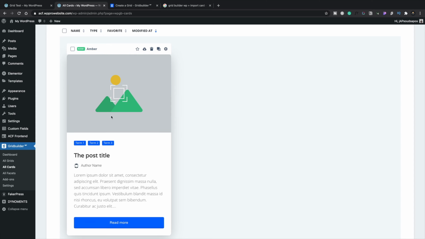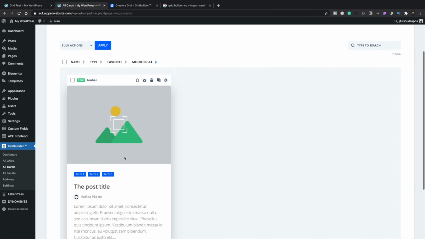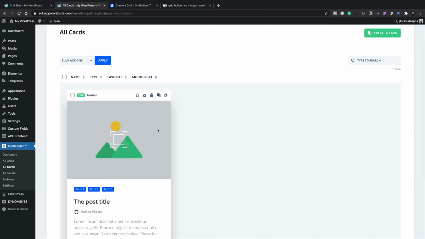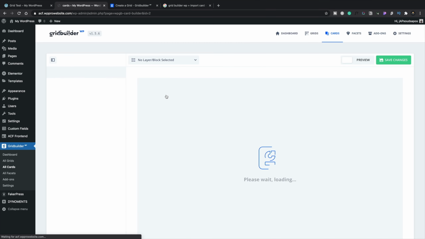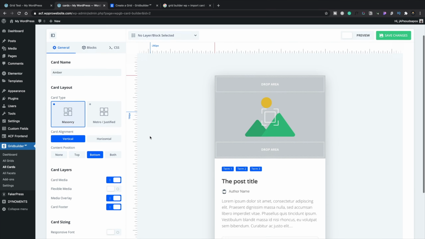And as you can see, when we mouse over it, we can interact with it and see how all the different elements work. And we can use this exactly as it is, or we could edit it if we wanted to. So I'm not going to go into too much detail, but let's just say we wanted to edit this. We can simply come up, click on edit, and that will open up the editor where we can edit the